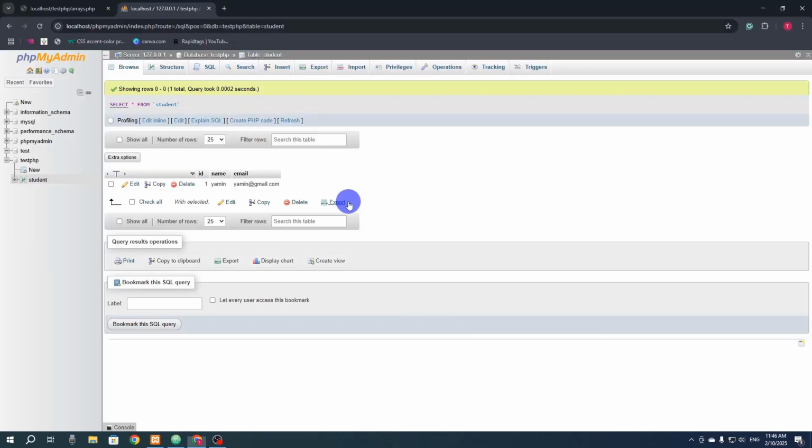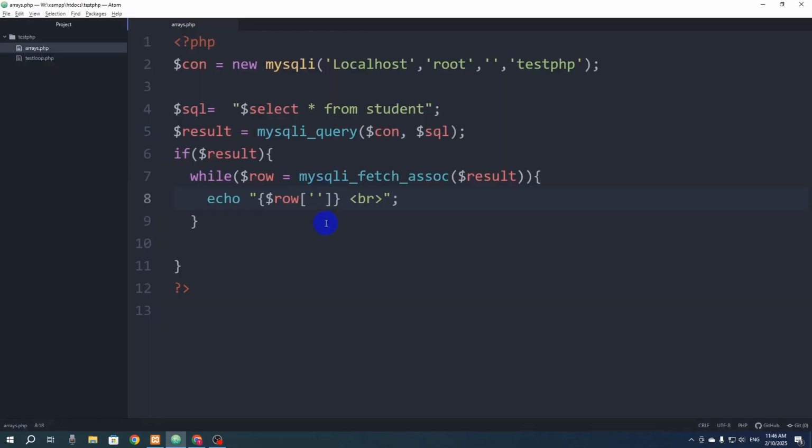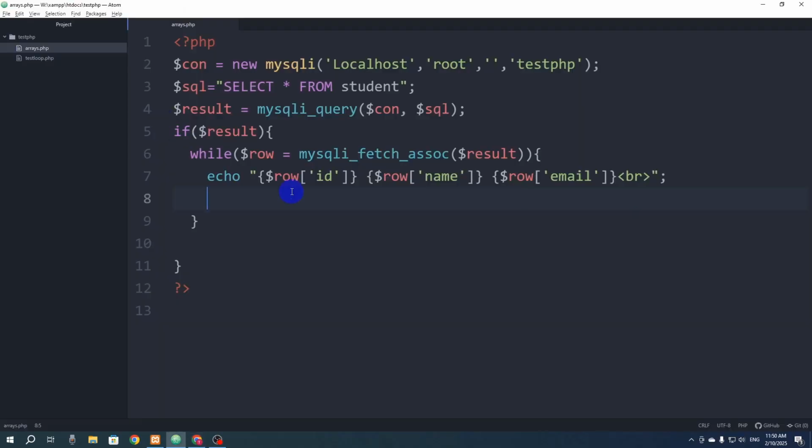Now we know that in an associative array we just have to mention the column name, not the index number, right? So let's say I want to see the ID, and then, okay, here you can see we have student information, right? What we have done here is index them using the name. This is called an associative array. If we index them by number, let's say 0, 1, 2, then it is called an indexed array. So if I say here 0, 1, 2, it will give me an error, I hope. So let's see